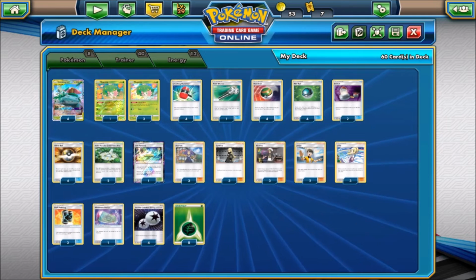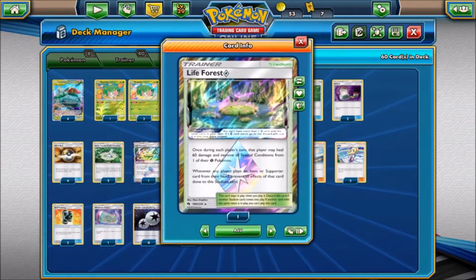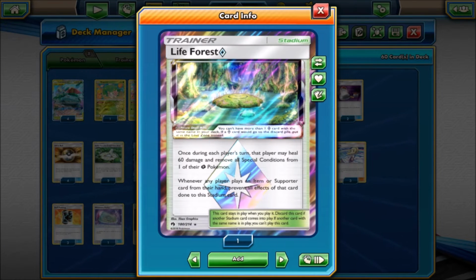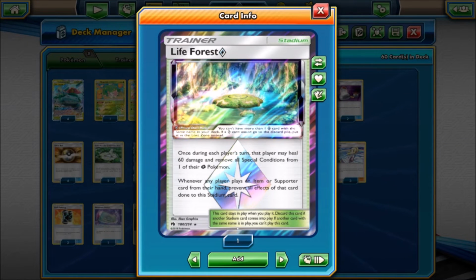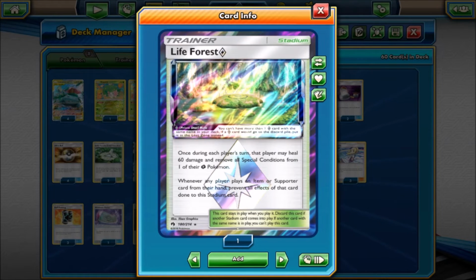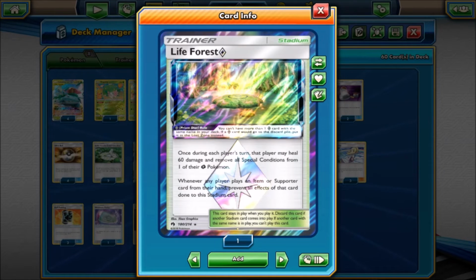Every turn. But let's take a look at some other cards that are in this deck, primarily the stadium cards. We're playing 1 copy of Lifeforce Prism Star. Once during each player's turn, that player may heal 60 damage and remove all special conditions from one of their Grass Pokemon. So this is ridiculous. If you have this along with 4 Shaymin, that's 140 damage that you are clearing up off of your Celebi